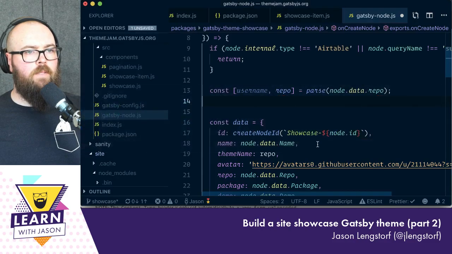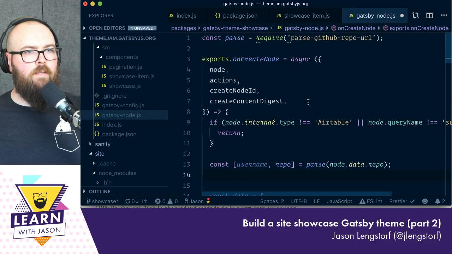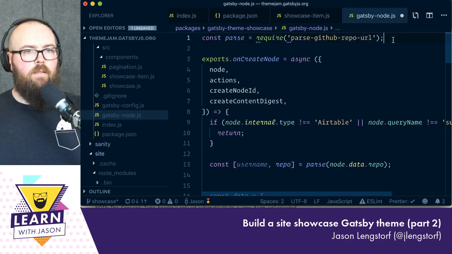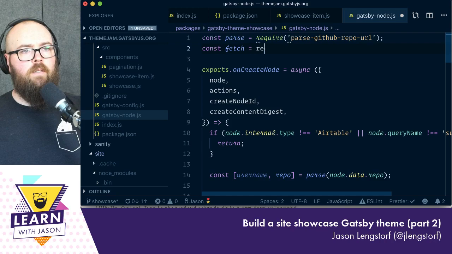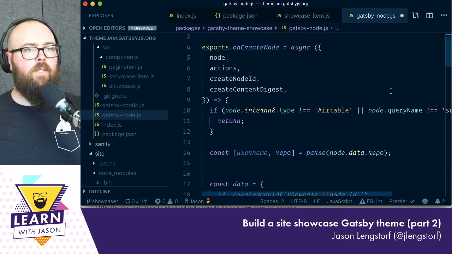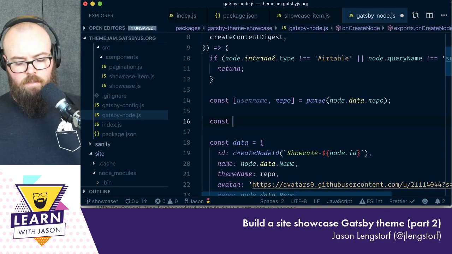Yeah. So I'm going to do that. I think onCreateNode is already async. So if I just get fetch, acquire node fetch,